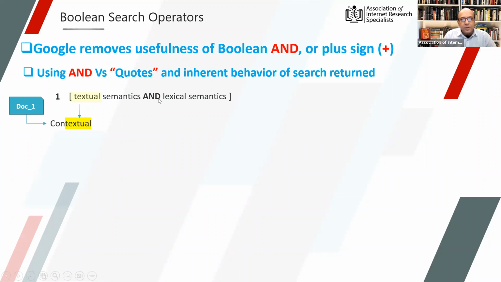So semantics being the closest and lexical being the closest, the first idea for the search engine is to ensure that the words semantics and lexical are found in the content pages,